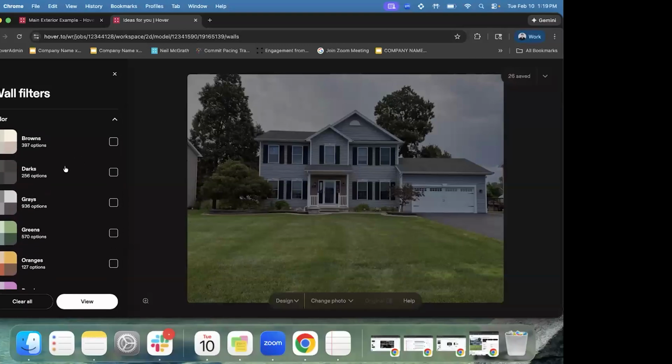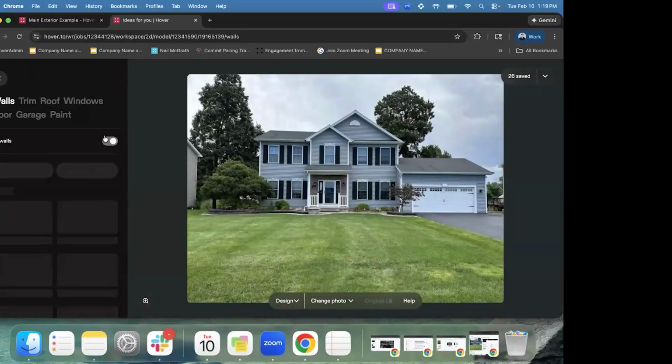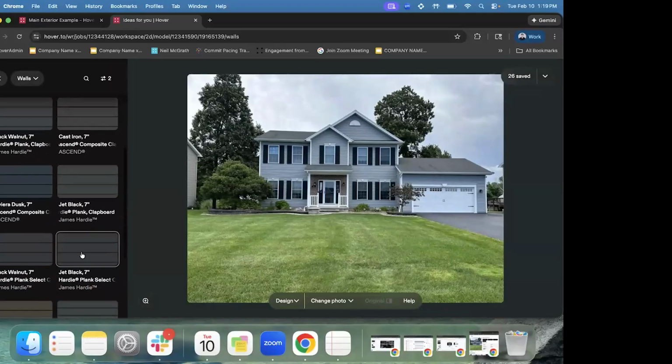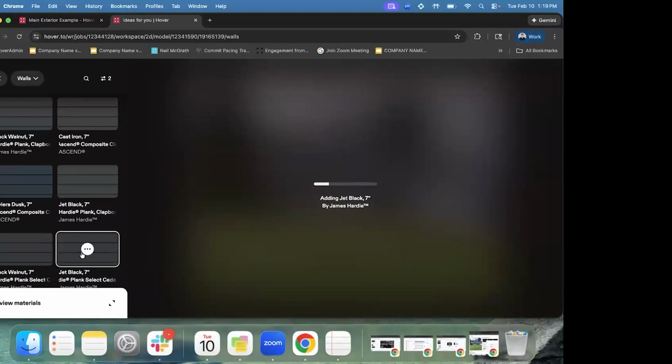Maybe they want to stick with the darks. As you're going in there and actually selecting it, just know there's going to be less results to choose from. But that's just letting you know, hey, you're tying it down exactly to what it is that you're hoping to get. So if you were to click the jet black and let that load,